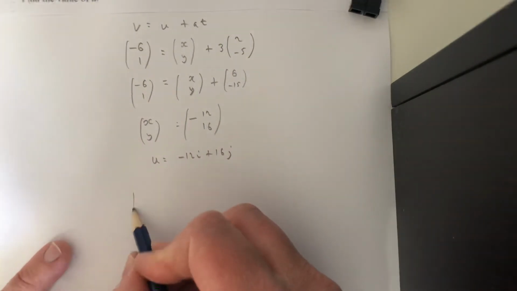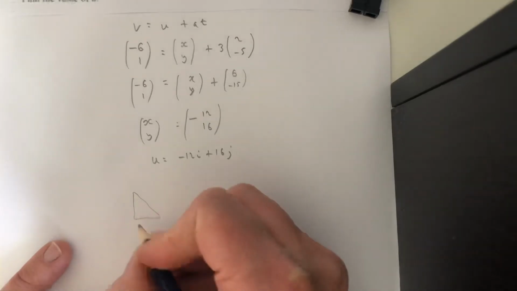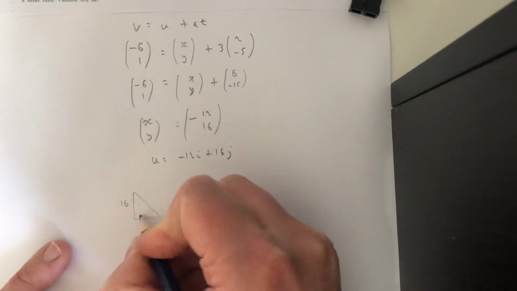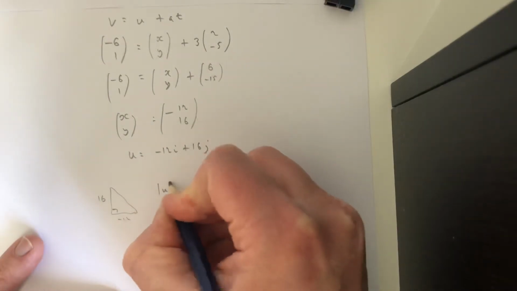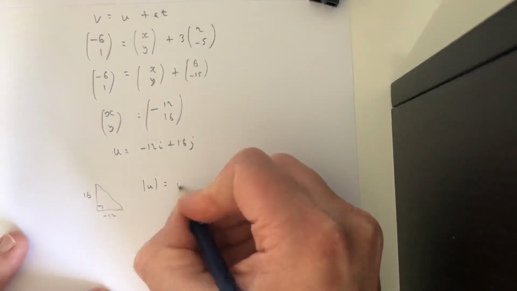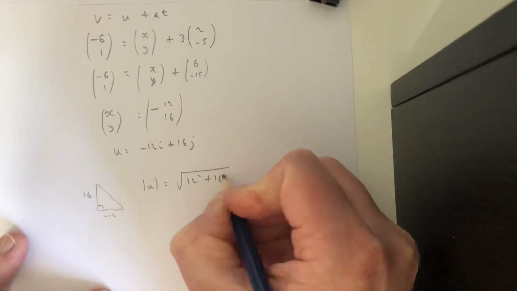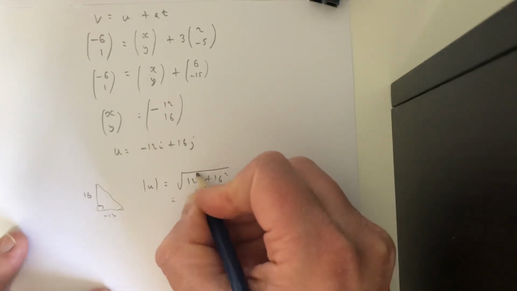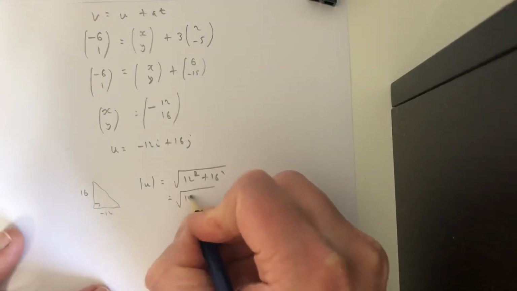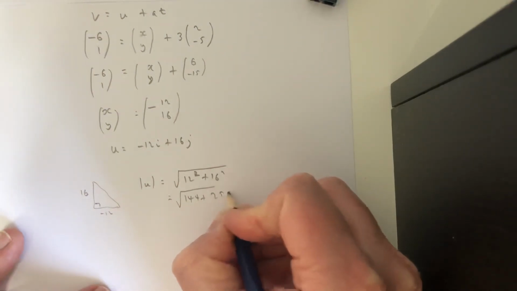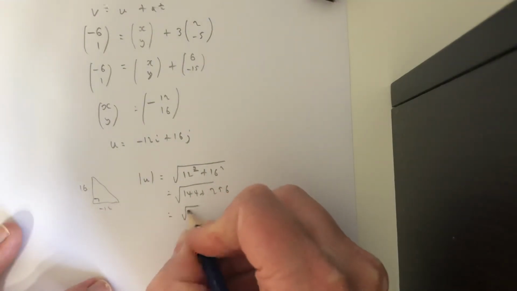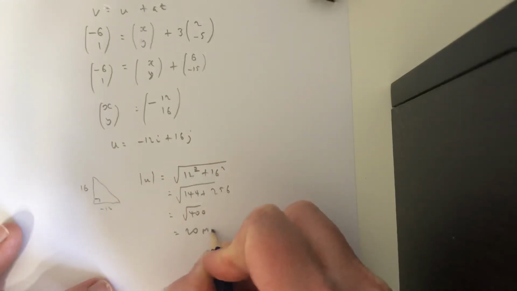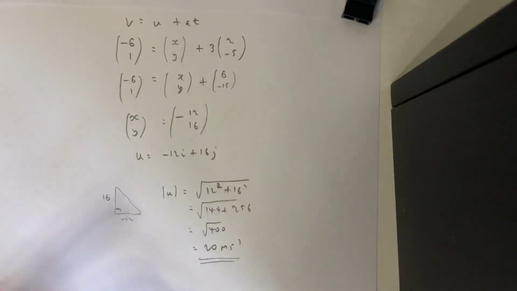A little bit of Pythagoras would be how we show it. There's your minus 12, there's your 16. All we need to do now is work out the length of this, the scalar value. Sometimes we write it as mod u, but don't worry too much about that now. So 12 squared add 16 squared, that looks like a 7, it's not. So square root of 144 add 256, nice and easy, that gives us square root of 400, which is 20. And so this has got an initial speed of 20